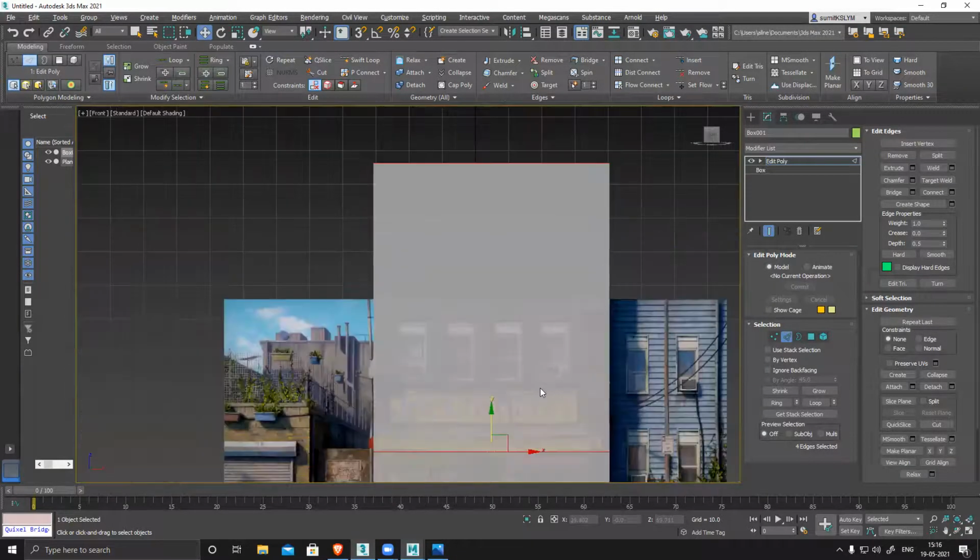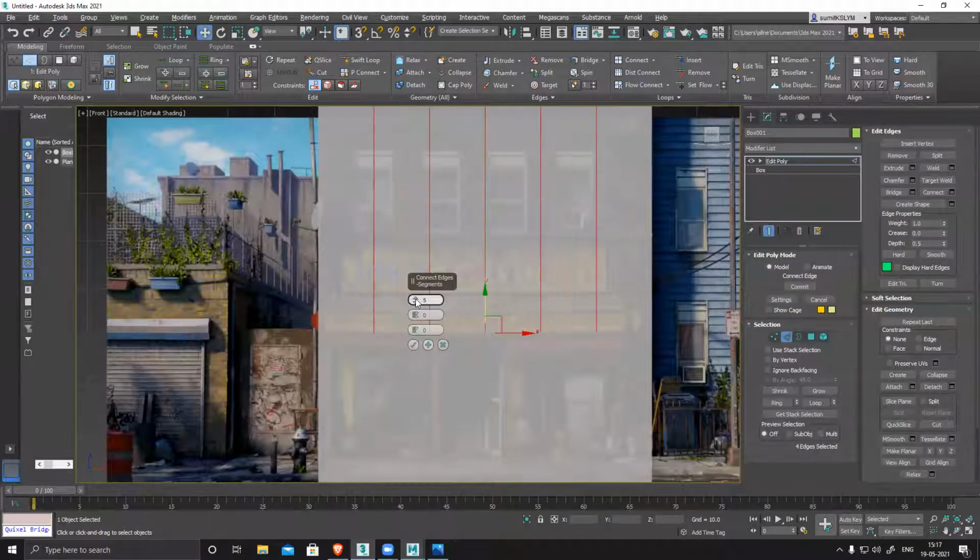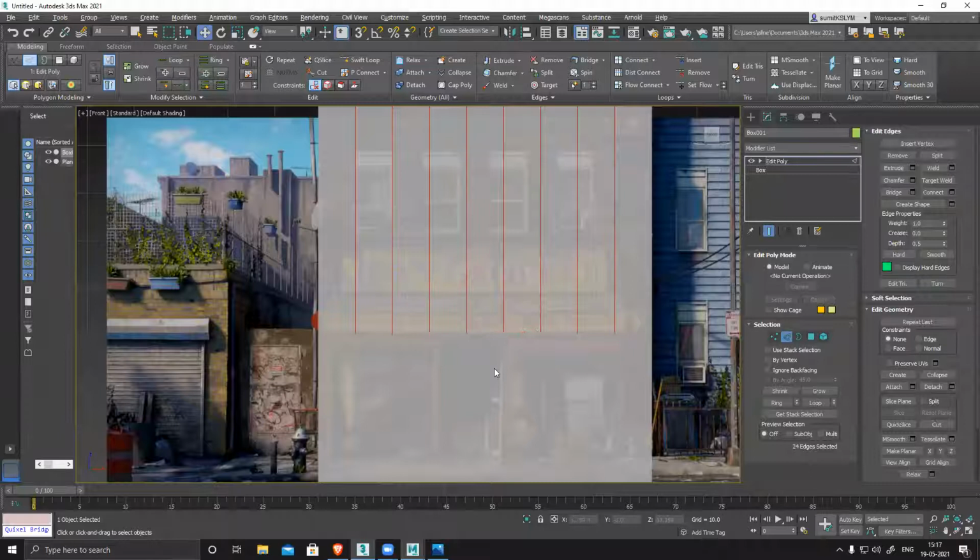You need 8 lines to create all these windows. Connect 8. See, almost matched, not perfectly. But you can see the first one is kind of matched. Done.